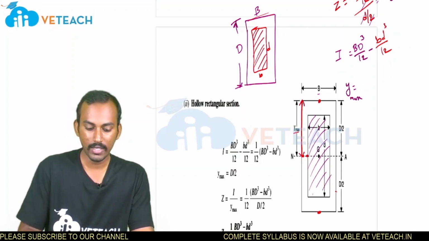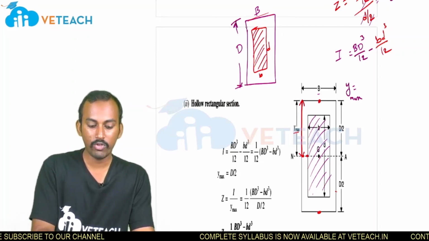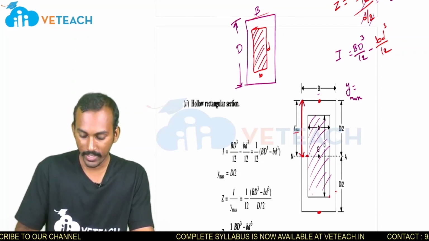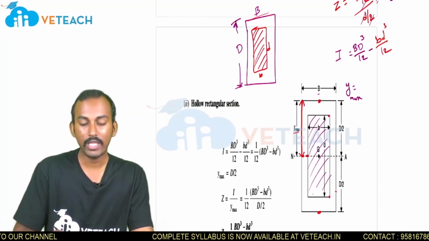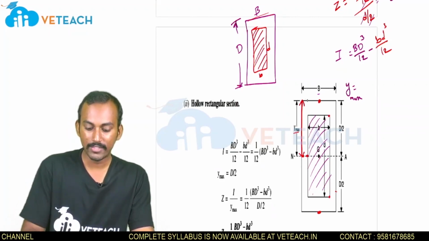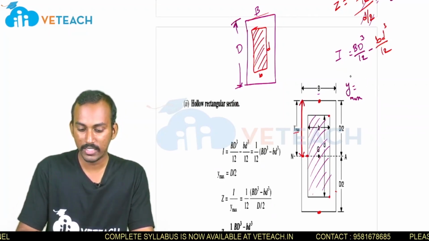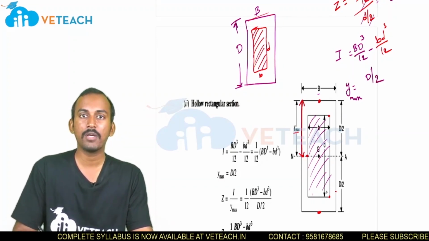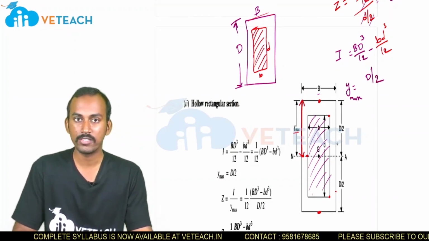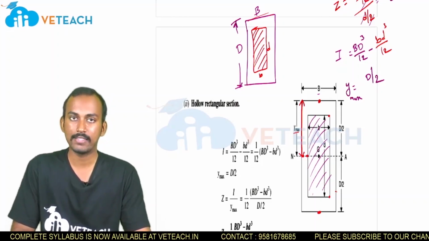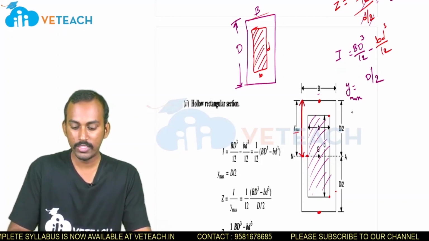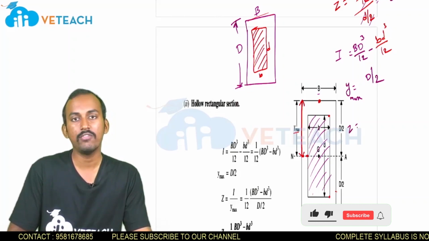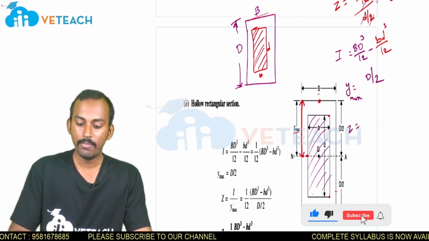So okay, what is the d? D means from the bottom to the top. Small d means the depth of the inner part. So here from center to outermost fiber means you have to consider capital D by 2, because capital D is the overall depth of the beam. So in that half distance, we will have a neutral axis CG. If you know this value, then it is very easy to calculate the Z value. What is Z value? I by y.